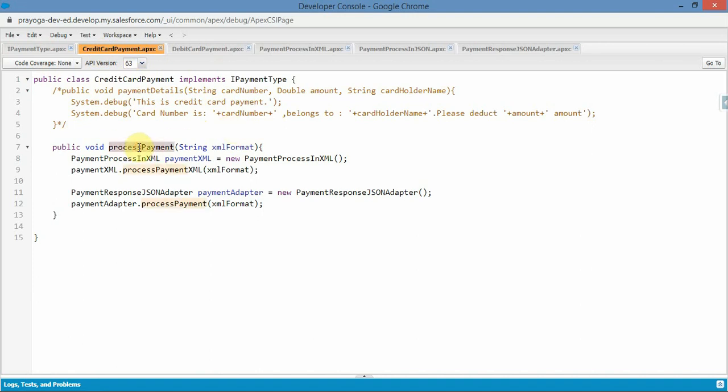In process payment, what we are going to do, we get the XML data from the client side or from the front end anywhere, and same for the debit card payment. So based upon the card that we are choosing while submitting the order, this will call a particular class. If they are using credit card, it will go to the credit card payment. If they are using debit card payment, then the request will come to the debit card payment